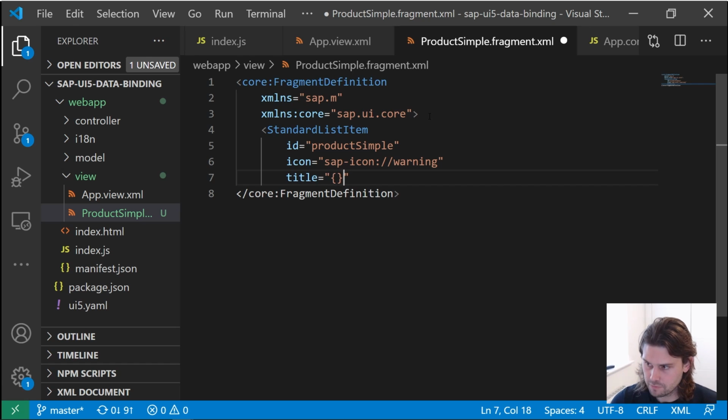So we're going to pull that from our model, products, product name, and we're going to add the products